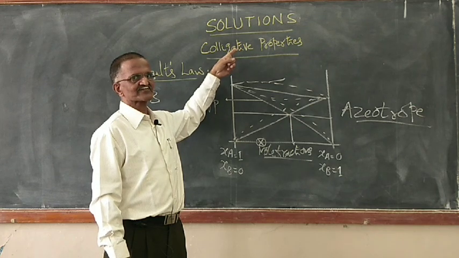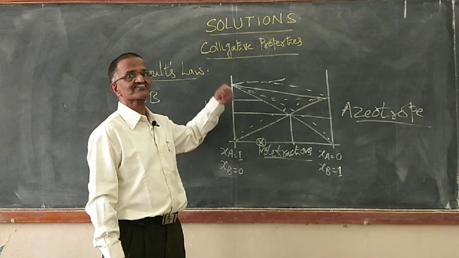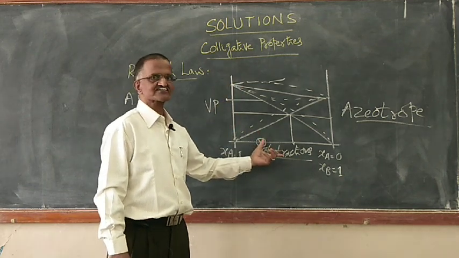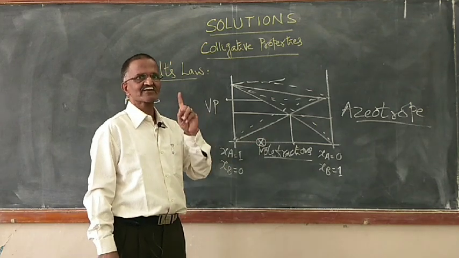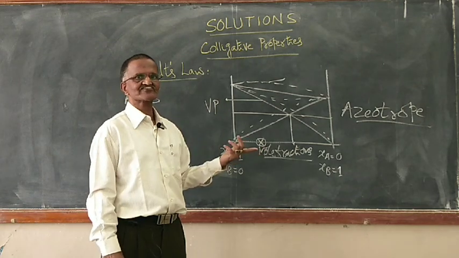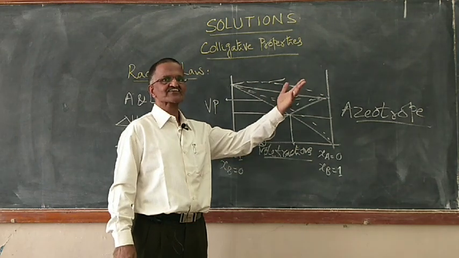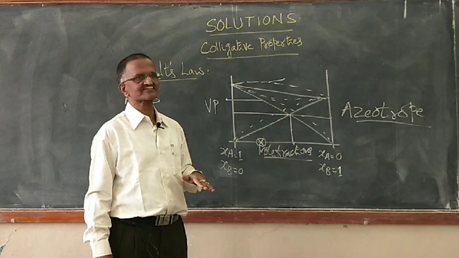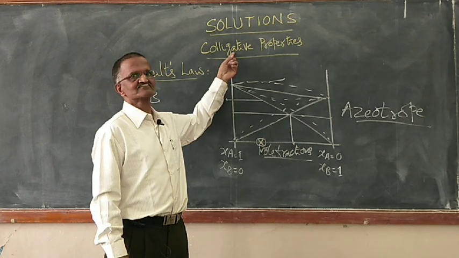Right? A colligative property is a property which depends on the composition of the components. Mixtures, homogeneous mixtures, solutions don't have constant values, unlike elements, which have a constant boiling point, melting point, all that. For a solution, what will you tell? I don't know the composition. If I know the composition, I can tell the boiling point. So solutions don't have constant physical constants; these are called colligative properties. Clear?